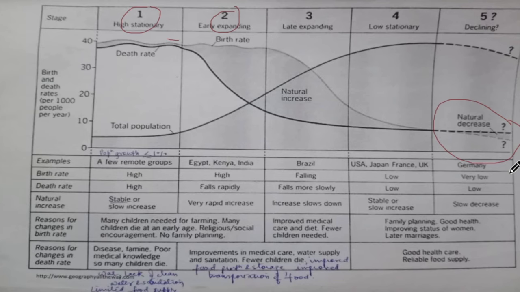Now, what Japan is doing is building on technologies. They have made robots which take care of these old people. There are so many automated technologies in Japan that have been built to counter this problem of decrease in population. That's also not a very healthy phase to be in.